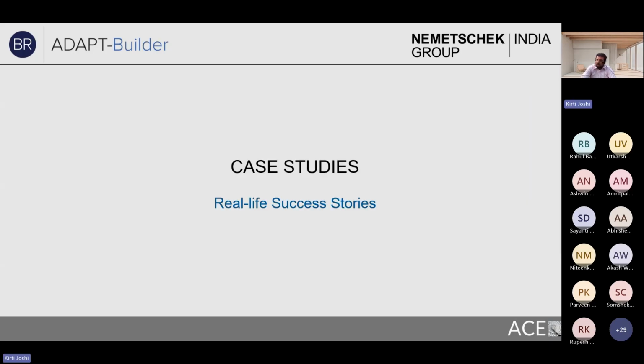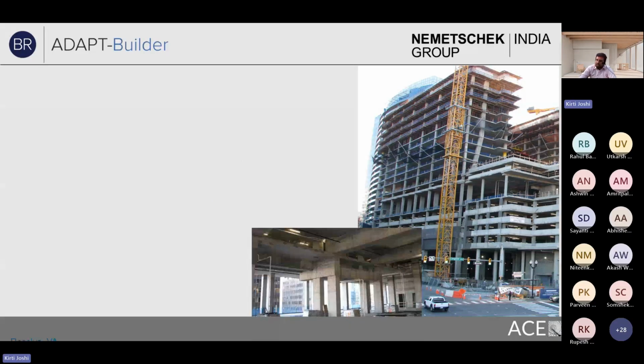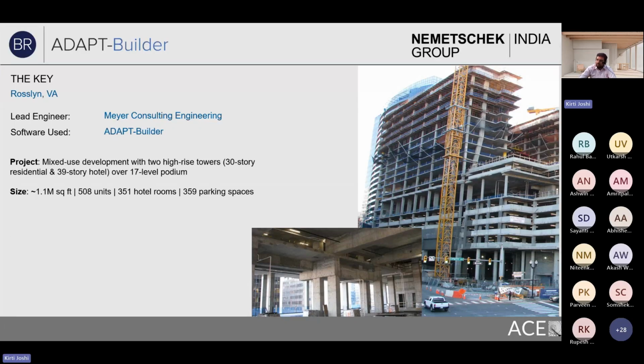So Adapt Builder has also been applied in various projects. We'll see a few of the case studies in the next slide. If you are interested in seeing more examples, you can find the case studies on the Adapt official website as well. So the first case study I would like to highlight is this project named The Key,